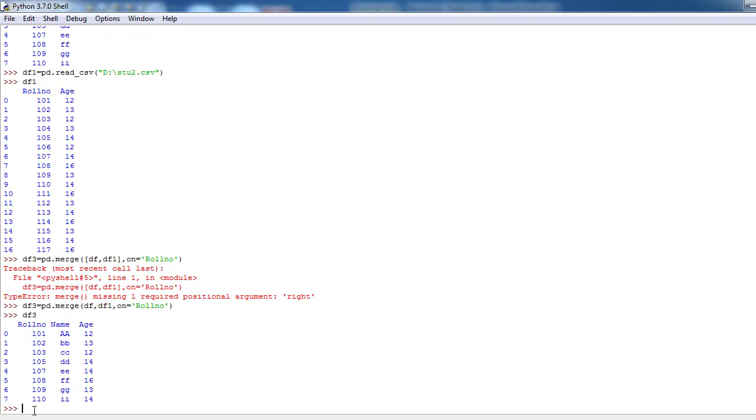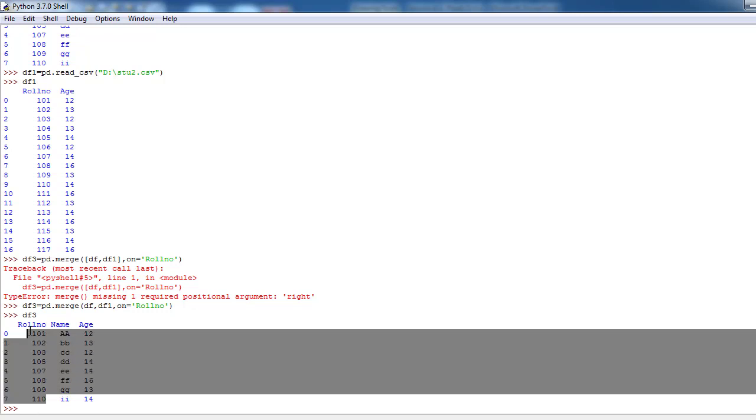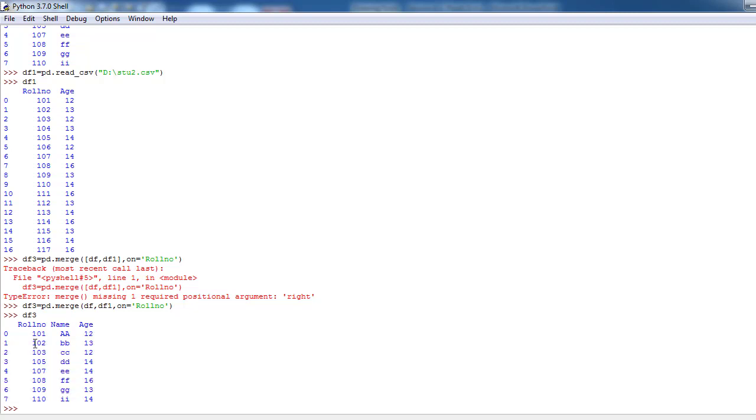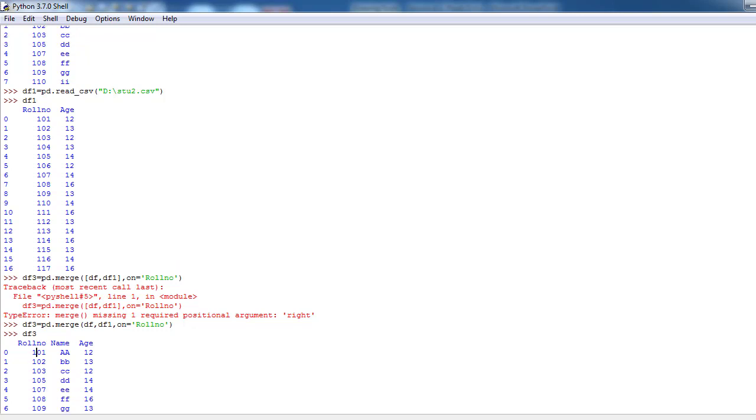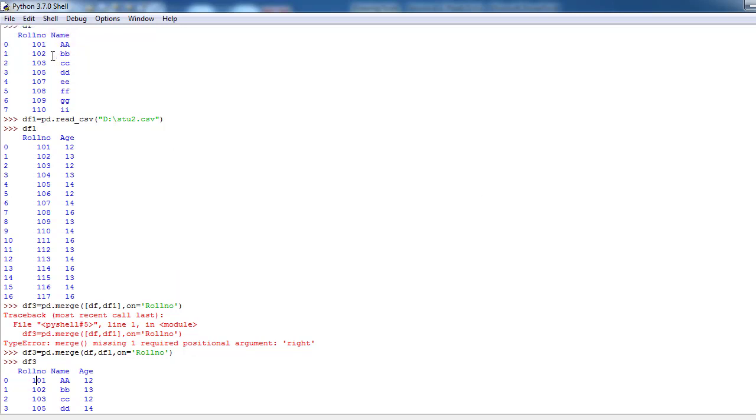For inner join, only keep rows where the merge on values exist in both the left and right data frames. Now here in the example, we are looking at 101. 101 is available in both data frames. 101, 102, 103, 105, 107, 108, 109, 110.